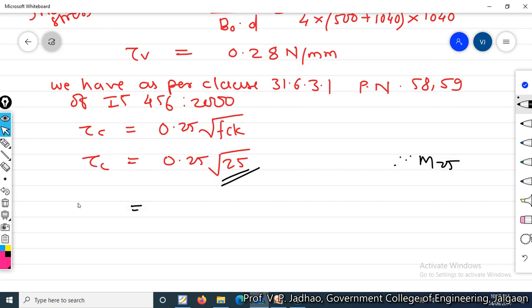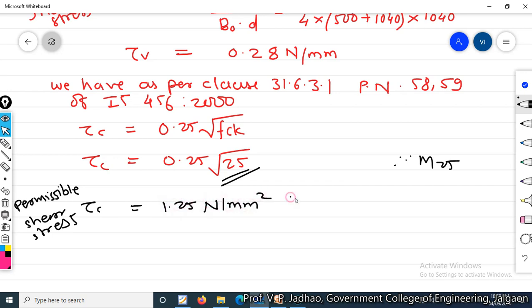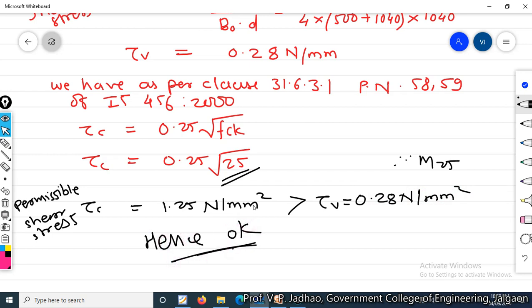So this value tau c, that is the permissible shear stress, comes out to be 1.25 Newton per mm square. This value is more than tau v, that is 0.28 Newton per mm square. Hence